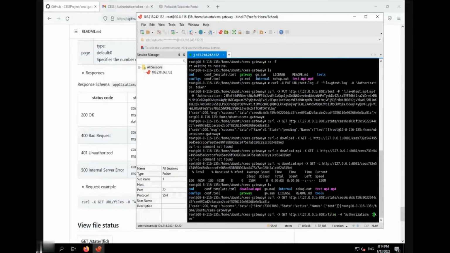Replace the token in the command line with the string that was received in the previous email.